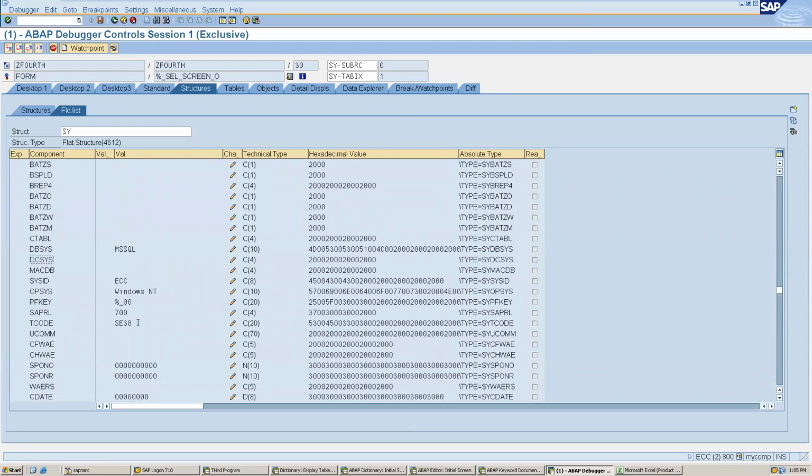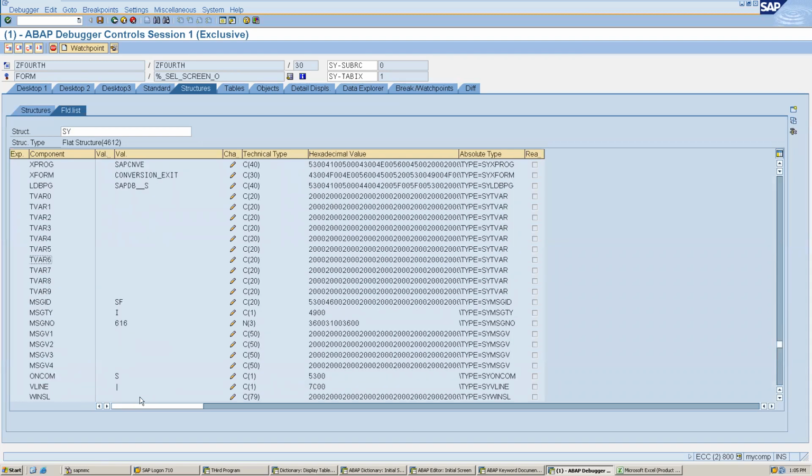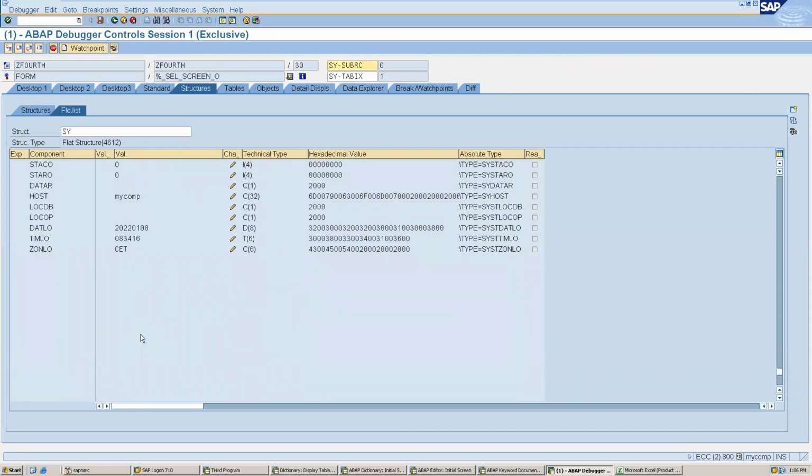We are running SE38. We can see the ucomm value also, which is not present as of now. And there's uname, we can see which user is logged in. So many things we can get from this, like what the title is, what the program name is, what message got triggered, what the host is, and we can make use of these values.